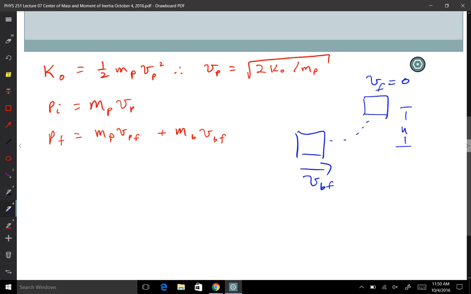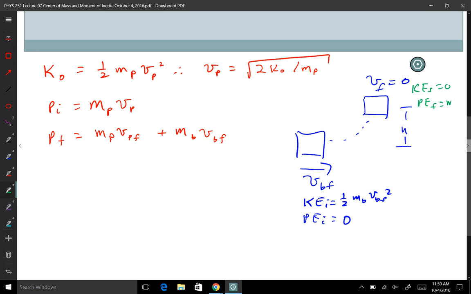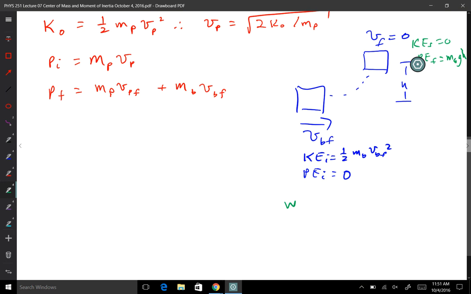And so in this transition, I'm going to have kinetic energy initial equals 1/2 mb VB final squared. Potential energy initial is equal to 0 because I'm going to set my reference there. And kinetic energy final is 0. Potential energy final is mass of the block g h. And so for conservation of energy,